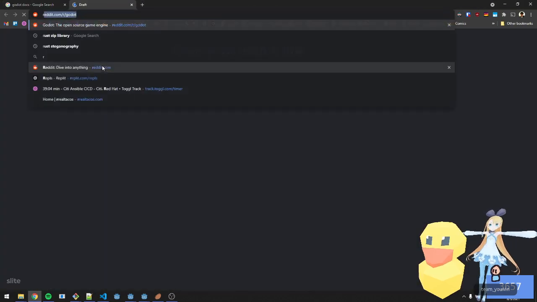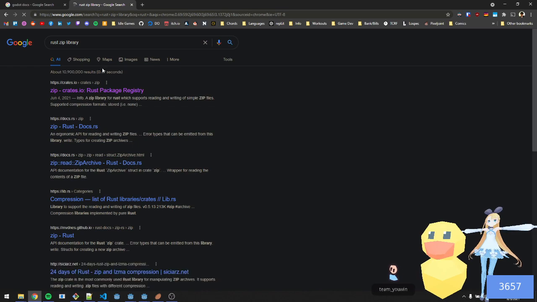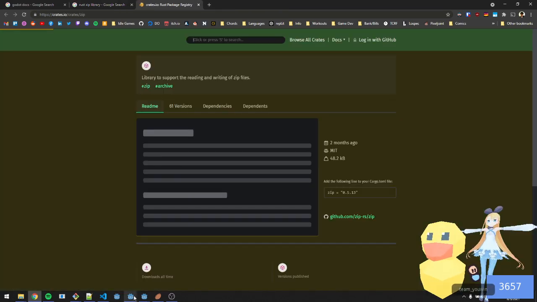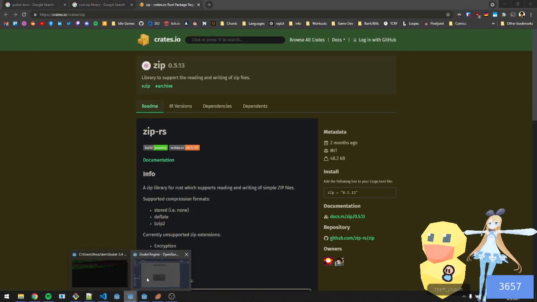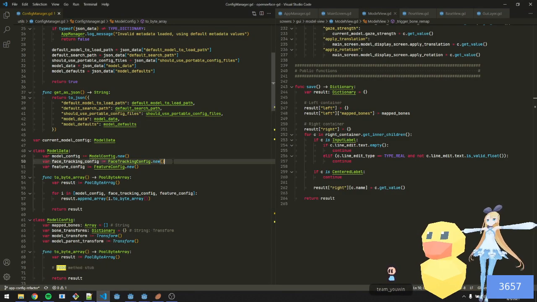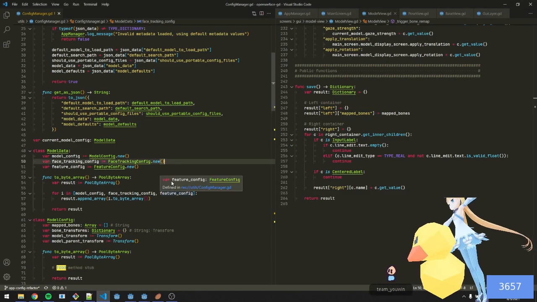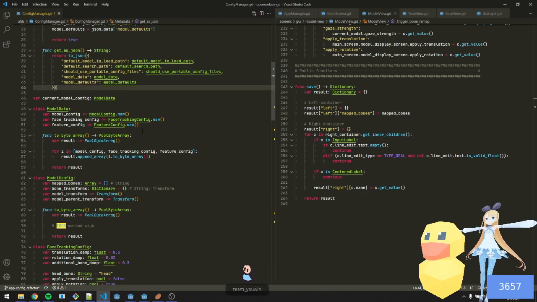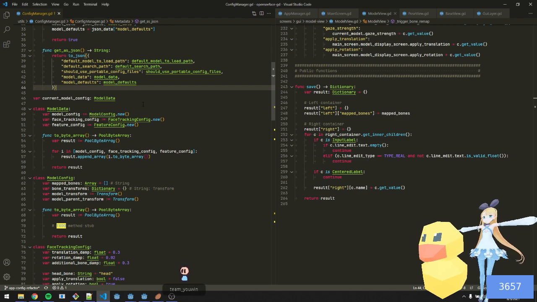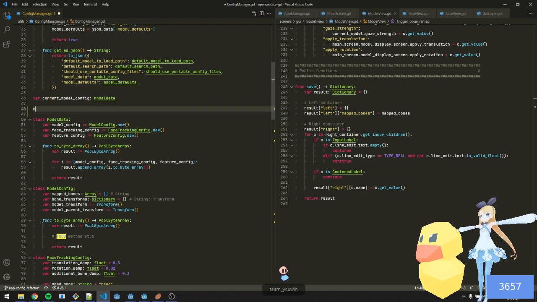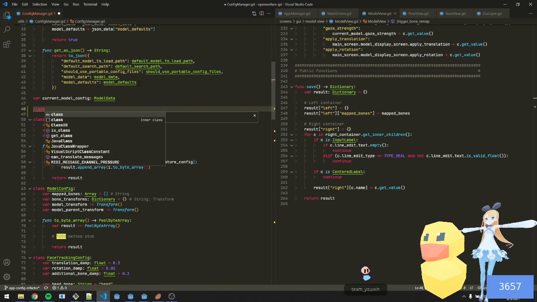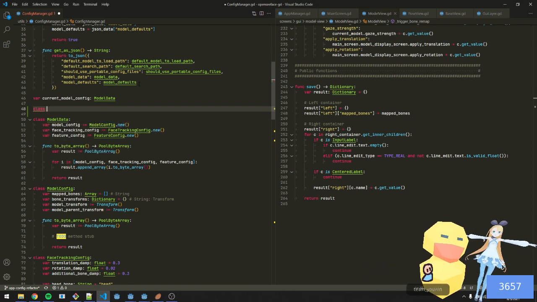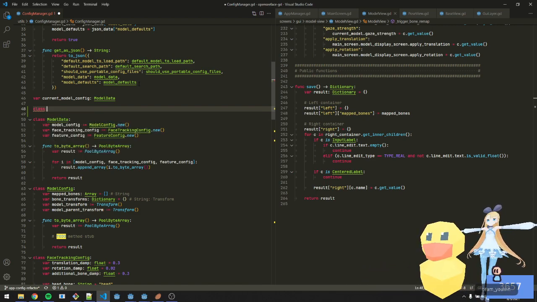So let's go here. So Rust zip library. So we're gonna use, let's just start doing some Rust right now. Why not? I think this will be fun. And by I think this will be fun, what I actually mean is I have no idea what I'm doing. Let's do it anyways. I've never let my lack of knowledge ever stop me from doing anything. Actually, that's not true, but